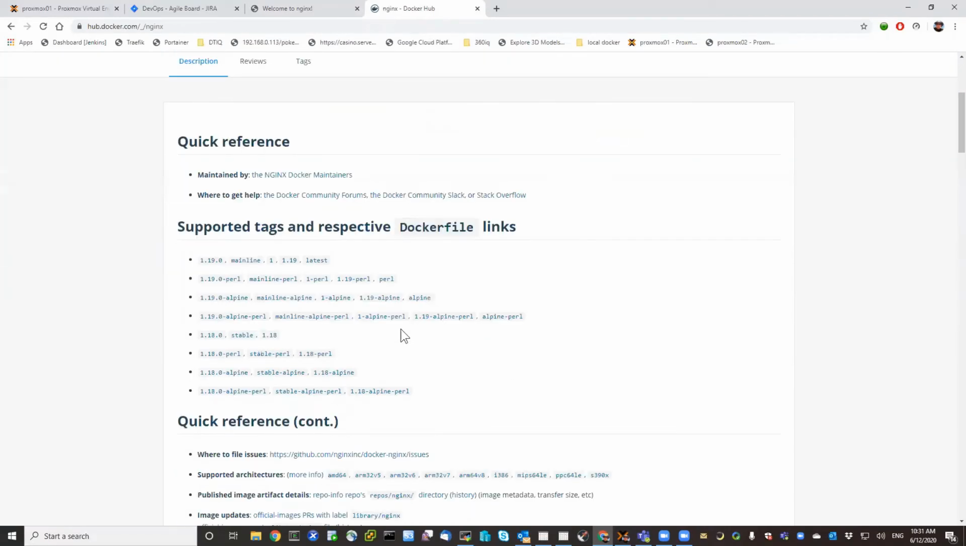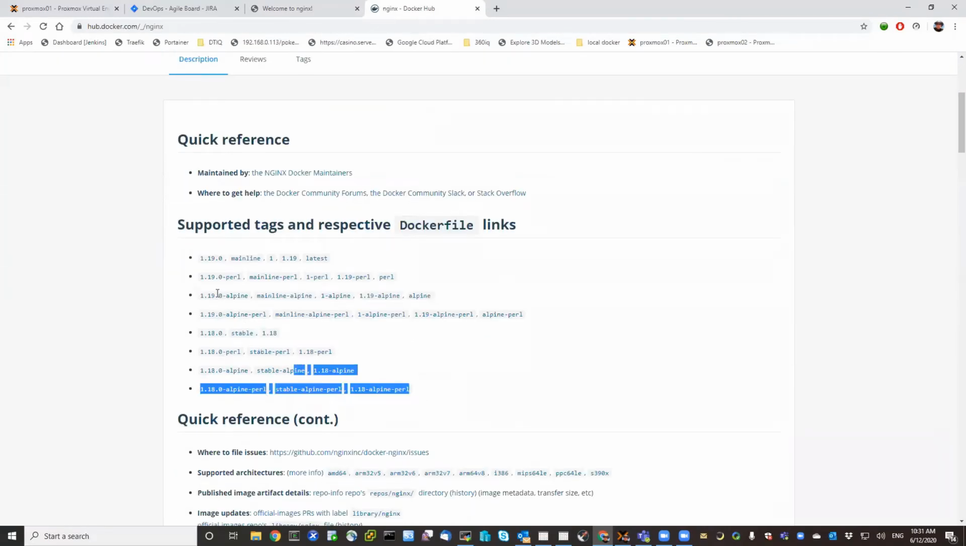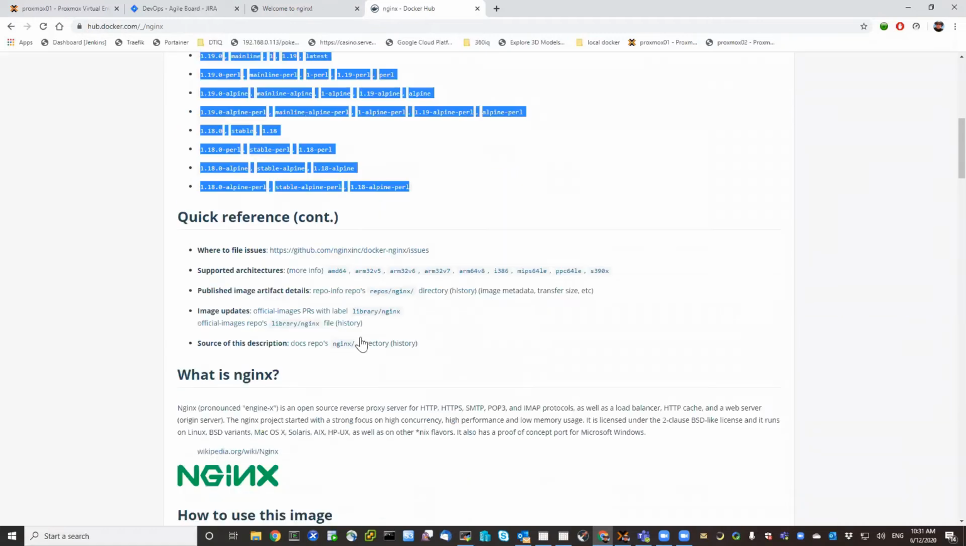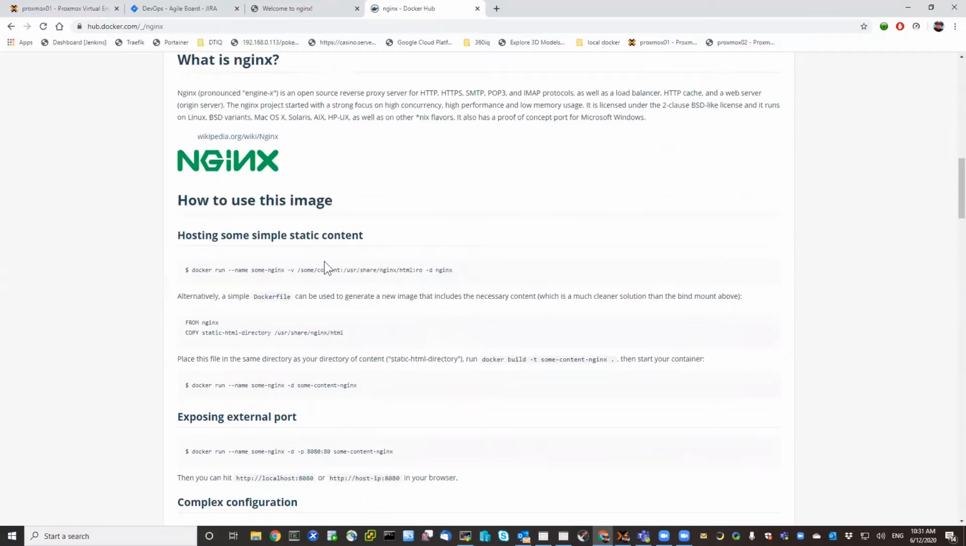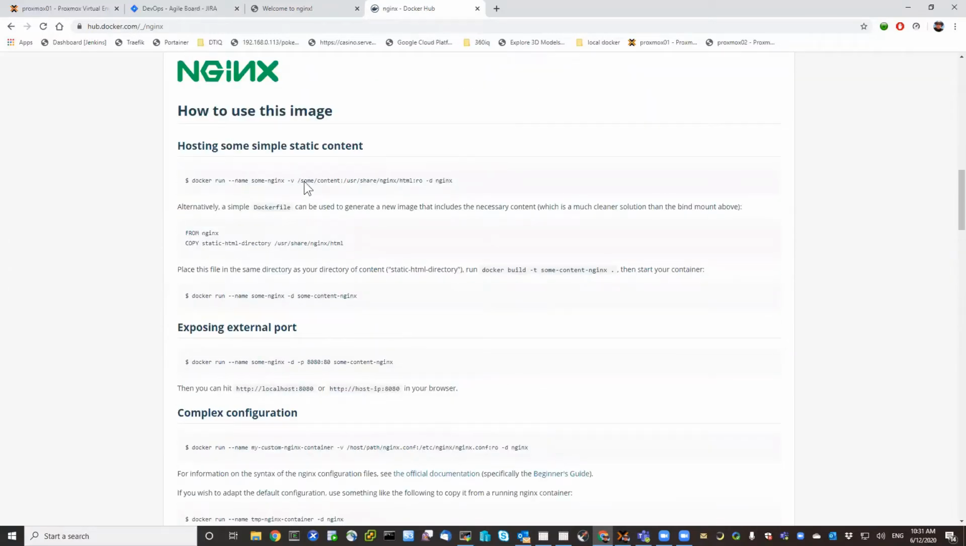By the way, remember I mentioned tags. This tells you what all the tags are, and this tells you a lot of information for quick reference. Okay, and here's some simple static content, right? So this is using a volume, a read-only, from a local file, and it's mounting it